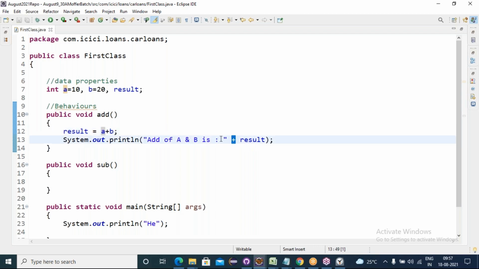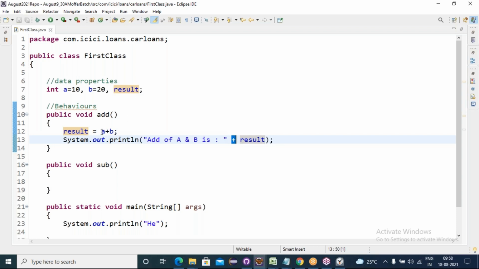But here, these two types between the plus are not both integer. Only the result is an integer type variable, and anything represented in double quotations is represented as a string type. So if two different data types are between the plus, it does the concatenation. Understood? Between two different data types, having a plus operator means it does the concatenation.